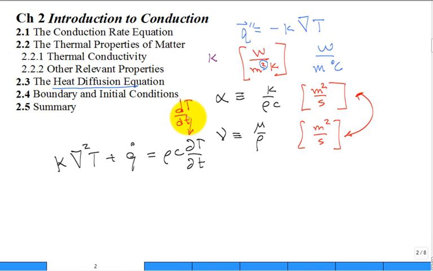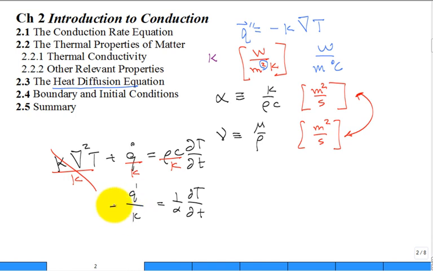Partial versus ordinary. Meaning temperature now is dependent on more than one independent variable. It depends on two or more: time and space. Maybe T and X or T and R. So we have a PDE. All right. If you divide through by K, then you get 1 over alpha, partial of T with respect to time, equal to Q dot divided by K plus